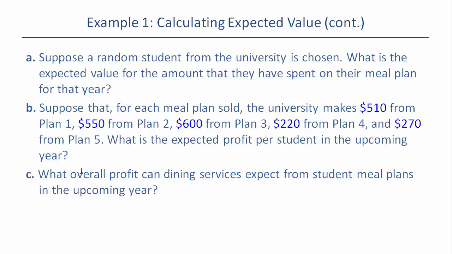Instead of looking at the cost of each meal plan, we can just look at the profit of each meal plan, right? Plan 1 is $510, plan 2 is $550, and so on and so forth. And of course, plan 6 is not buying any plan at all, so that has a profit of 0. And then we could do the same thing with